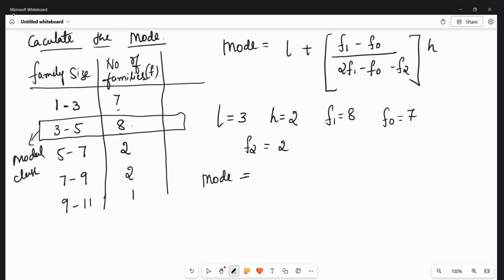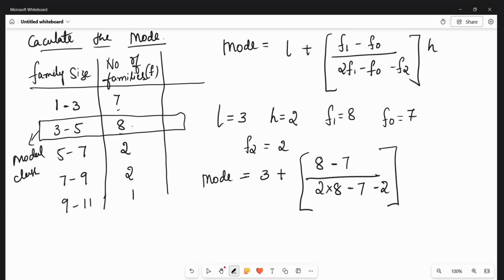Mode is equal to L, it is 3 plus F1, it is 8 minus F0, it is 7, divided by 2 times F1, 2 into 8 minus F0 is 7 minus 2 into H, that is 2. Okay. So this is equal to 3 plus inside the bracket 8 minus 7, 1 by, and here listen, here